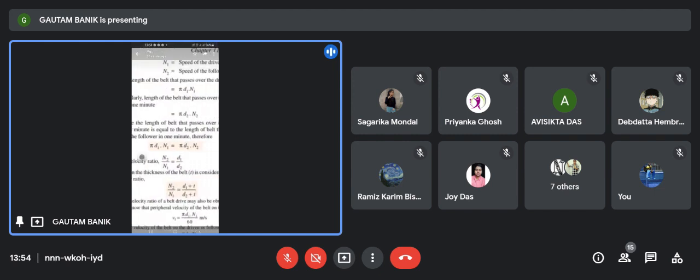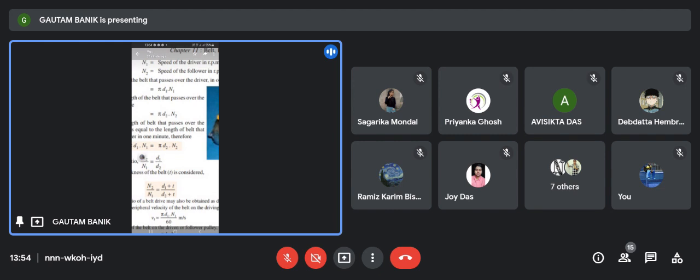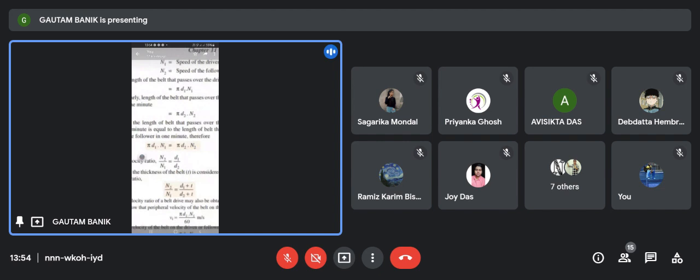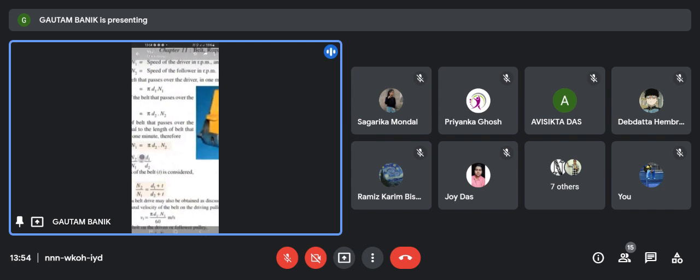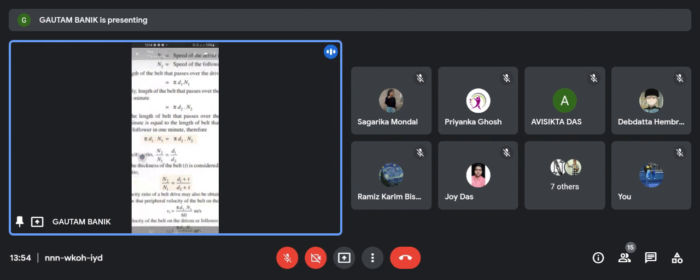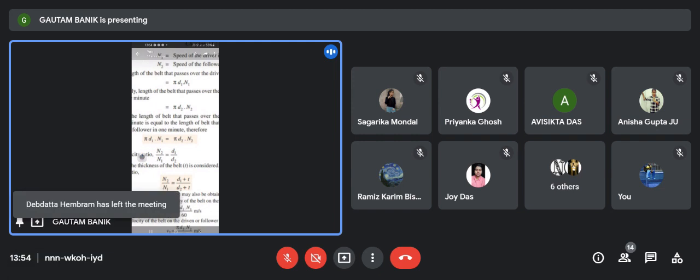এবারে ভেলোসিটি রেশিও ক্যালকুলেশন করবো। প্যারামিটার হচ্ছে ফার্স্ট পুলির স্পিড N1, সেকেন্ড পুলির N2। একবার রোটেশনের জন্য π d1, d হলো ডায়ামিটার অফ দ্য পুলি, d2 হচ্ছে অ্যানাদার পুলির ডায়ামিটার। একবার ঘুরলে লেন্থ অফ দ্য বেল্ট passes over the driver pulley in 1 minute। বেল্ট কভার করছে π d1 n1, আবার ওইটার জন্য π d2 n2। তাহলে অ্যাকর্ডিং টু দ্য ম্যাথমেটিক্যাল কনসেপ্ট, π d1 n1 is equal to π d2 n2। তাহলে n2/n1 is equal to d1/d2।